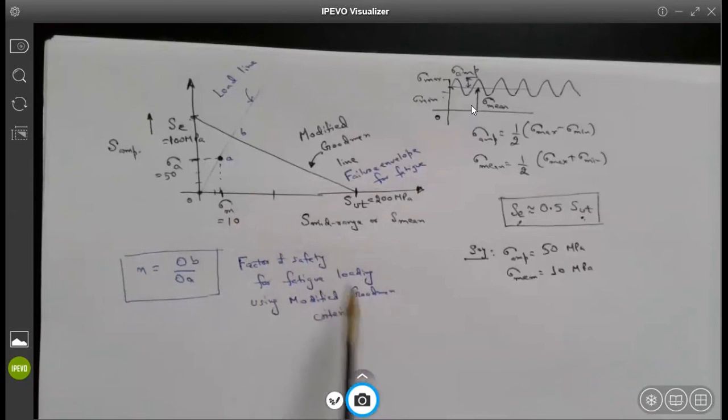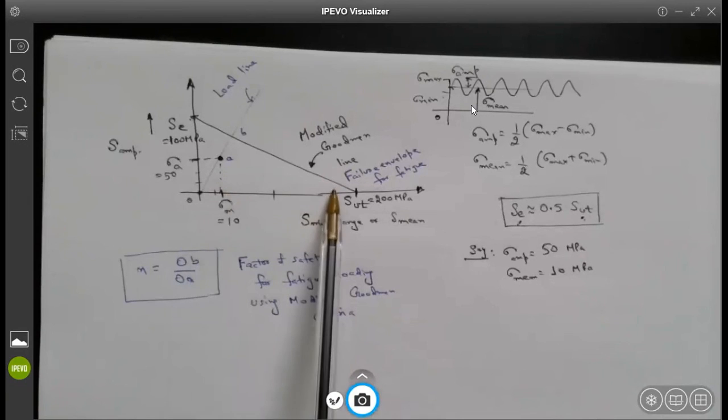Let me tell you that there are around 4 or 5 different failure criteria for fatigue, just like in static loading, where we have Tresca criteria and von Mises criteria. There may be some others which are not widely used. But in fatigue, because failure is very stochastic in nature, with a lot of variabilities coming into play, there is no set or widely accepted failure criteria in the real world. The most popular, most commonly used failure criteria is called the modified Goodman line. That is what is shown here.